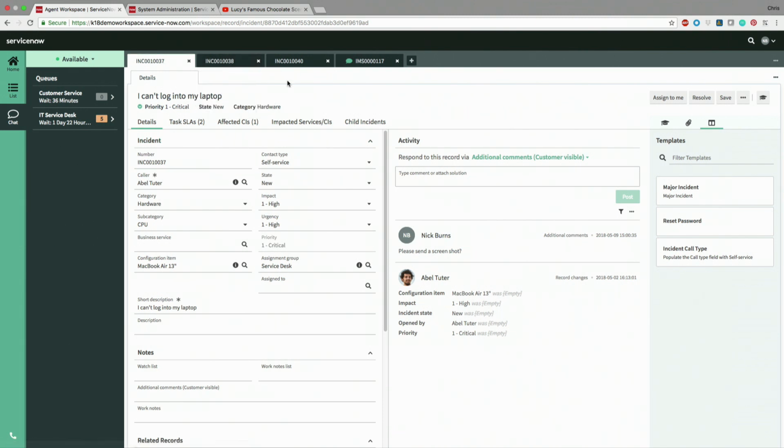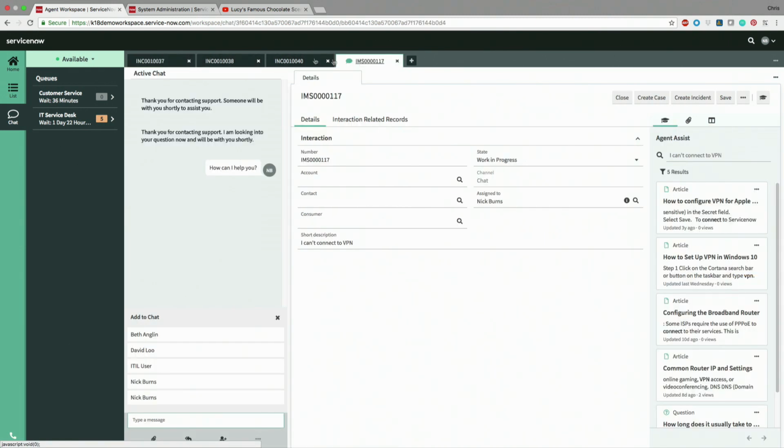OK. Well, part of my demo flow here is an indicator was supposed to show up on this tab that indicates that a change has actually occurred to this ticket. So what we don't have in platform today is when you have all that browser sprawl, you have no idea what changed within those new browsers. So you might be waiting on a change from a caller, waiting on a response to a question. Workspace will actually light up the tab with a little indicator alerting the agent that a change has actually taken